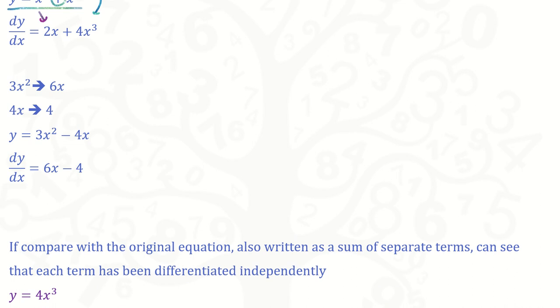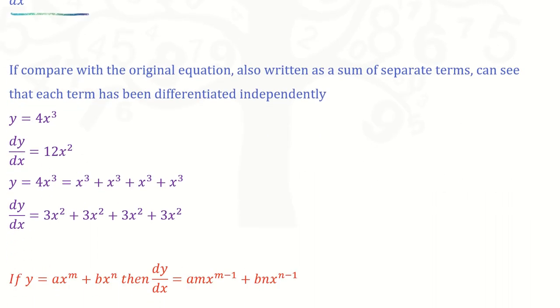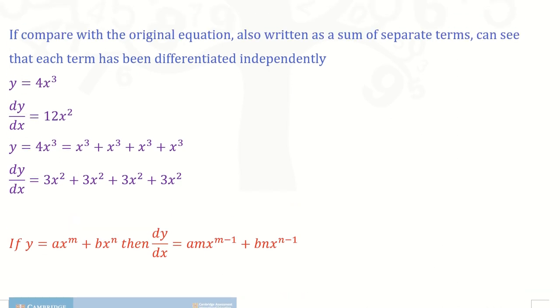另外一个例子是 y equals to 3x squared minus 4x。我们先 differentiate by term，3x squared 变成 6x，然后 4x 就是 x to the power of 1，1 times 4 就是 4，然后 1 minus 1 就是 4x raised to the power of 0。根据 indices law，任何 number power to 0 是等于 1 的，所以 4 times 1 equals to 4。所以这个 equation 的 derived function 就变成 6x minus 4，因为原来是 minus，所以这里也是 minus。